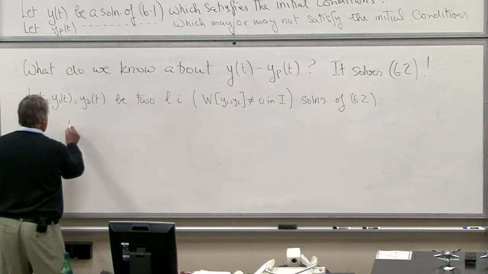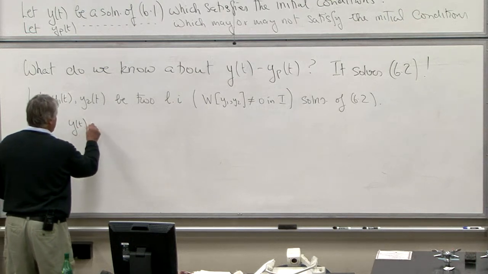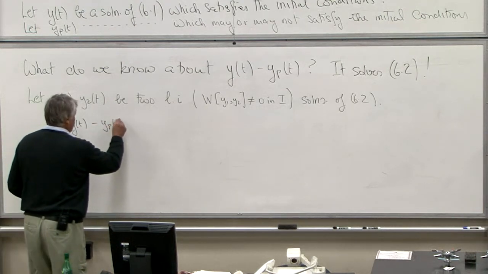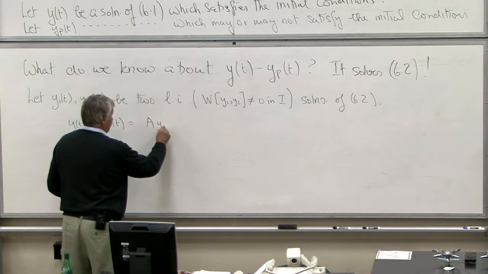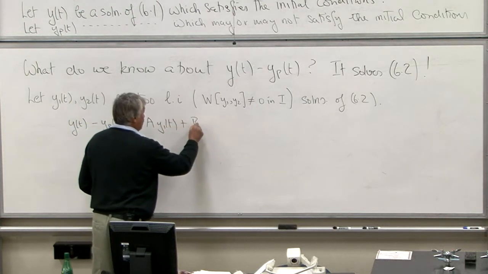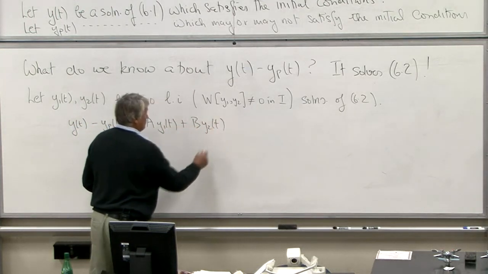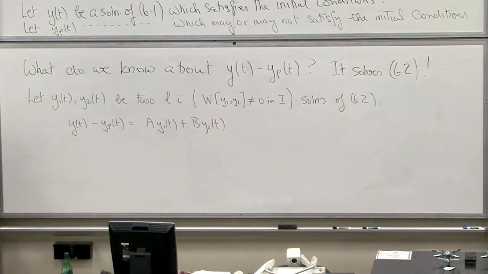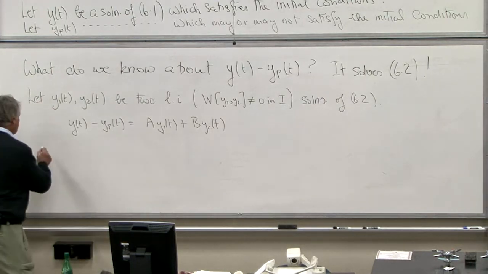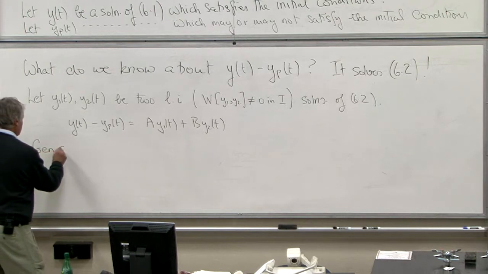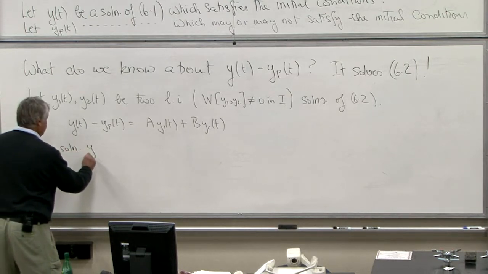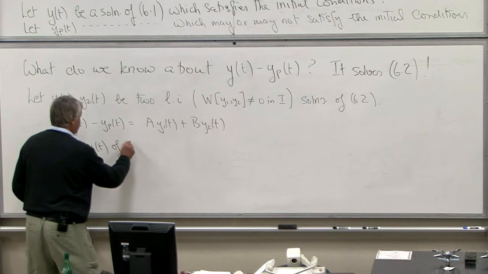So we have y minus yp of t equals a y1 of t plus b y2 of t. In other words, the general solution, y of t of 6-1,